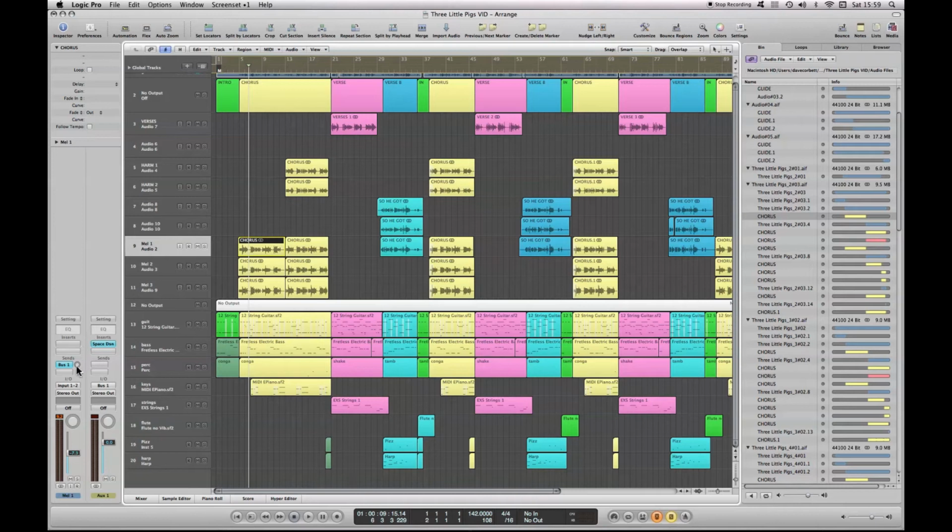Because I haven't told it how much I want the signal, this vocal, to go to this reverb unit. And I do that with this little circle here. So if I do this, I'm adding a lot of my signal to the Space Designer. If I play it now,